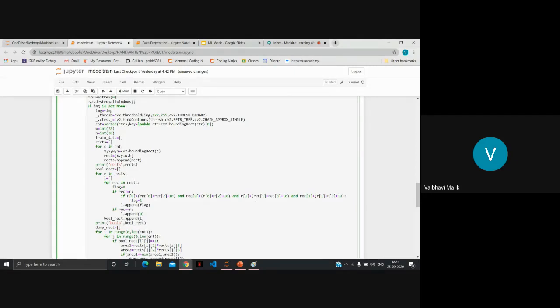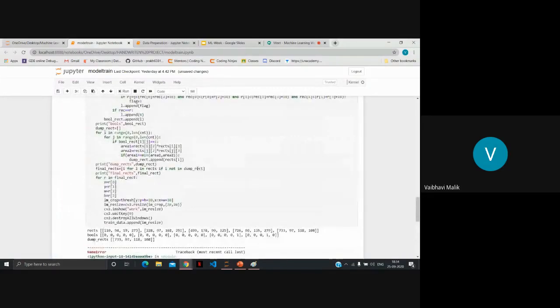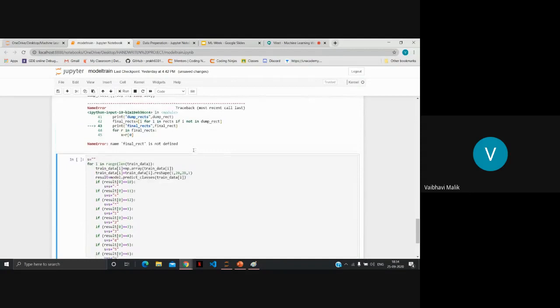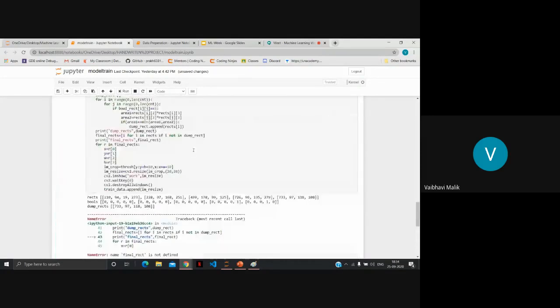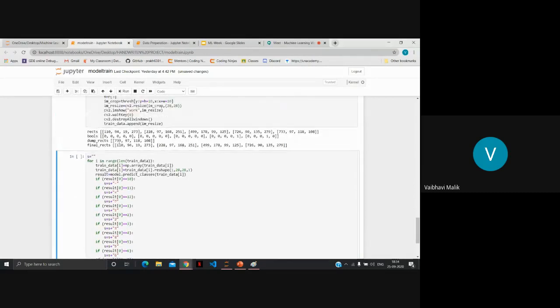Can't our compiler be so smart that it automatically fixes the errors for us, and we don't have to do this? Okay, one more error. Nice. Okay, it's final rectangles, and I used final rectangle. Very nice. I hope it will work now. No, I'm so much done with them. Similarly here. Finally, it is running. Okay, so as you can see, there are 1, 2, 3, 4, and 5 contours we